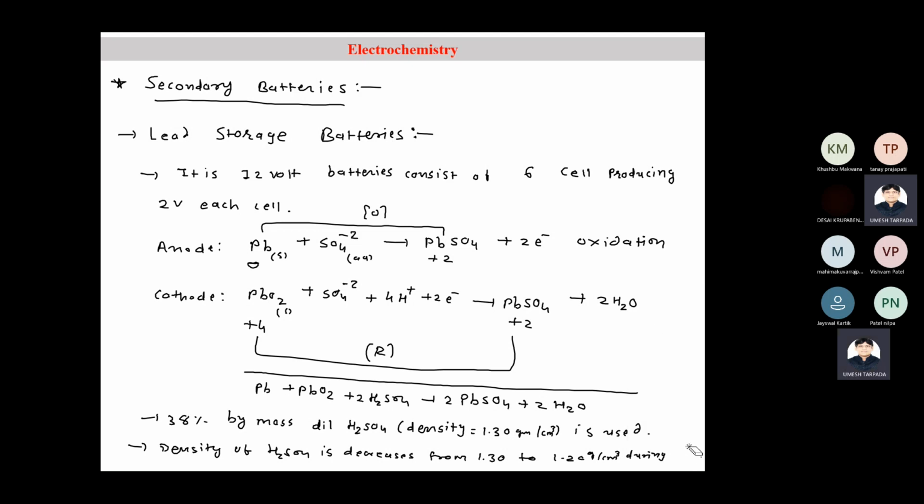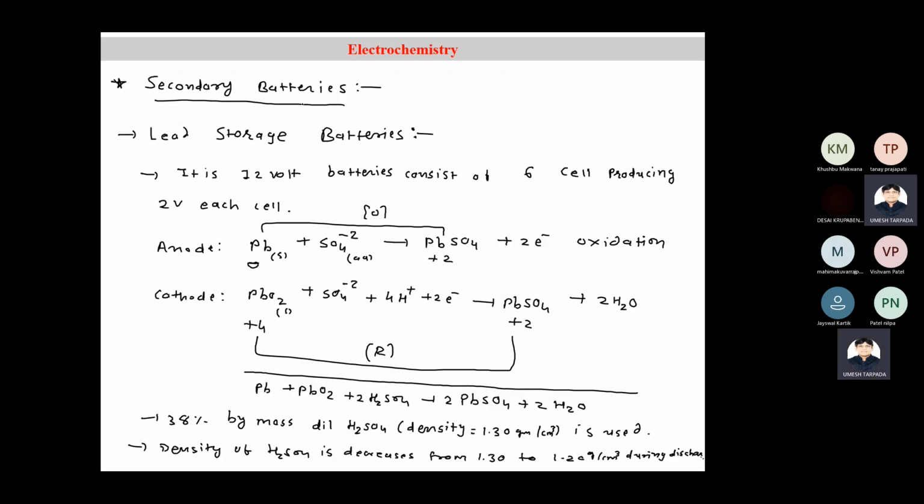Why is it called a secondary battery? Because your mobile battery is also a secondary battery. You can recharge it. You can use it several times, but of course its lifetime decreases. First use when it is fresh, if it works for 1 hour or 30, 40 minutes, then its second use is somewhat less than that one. At every recharge, its life period decreases.